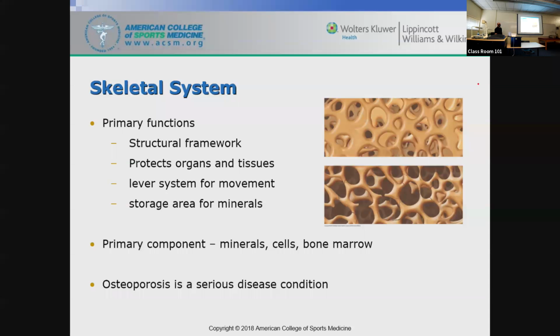And even stress fractures in multiple places. The good thing is, as long as there's not some other serious condition that's causing the osteoporosis and it's more nutritionally related or physical activity related,